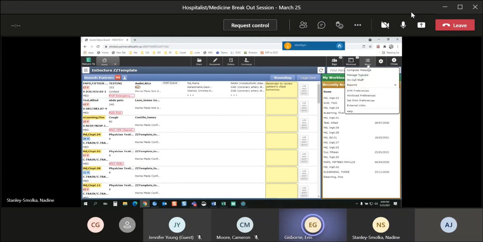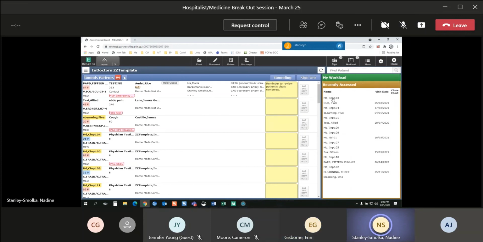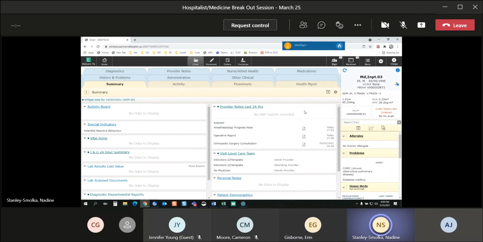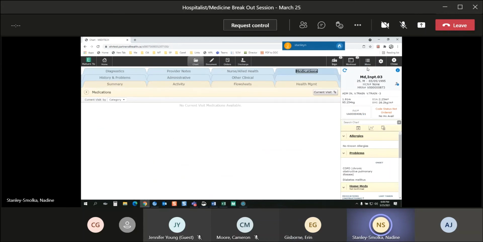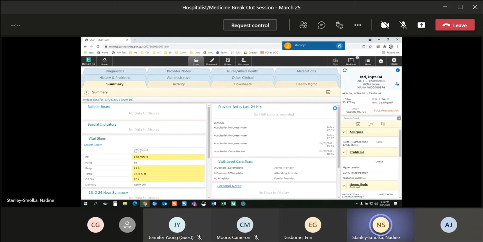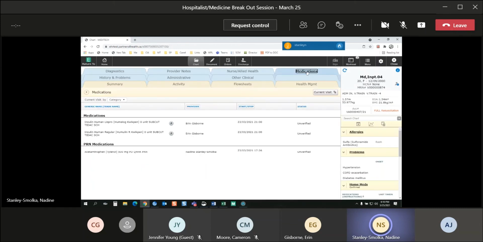Nadine, can you pull... So actually, let me just go into this patient's chart. I'm on patient 3. We'll see if we have some medications. No, I'm just going to close, and I'm going to go back into our demoing patient here. And I know that there were some medications already ordered on that patient, so I can quickly go into the